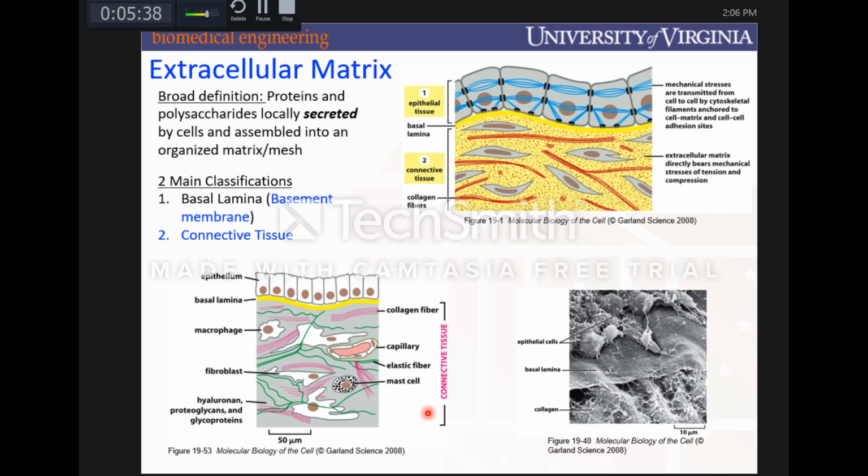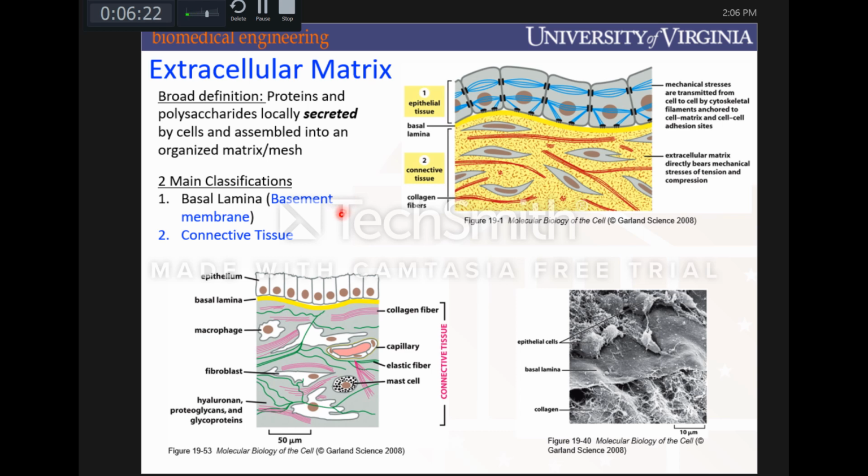So all that said, the biggest thing that really, really matters is the extracellular matrix when you're thinking about biomaterials. So it's a very broad definition. Proteins and polysaccharides, so sugars, polymer sugars, that are locally secreted by cells and assembled into an organized matrix or mesh. So there are tons. This is going to be, like most of these lectures, very superficial. Most of the figures are from, I'm sure Tom's already talked about this, Albert's cell biology textbook. It's kind of the Bible for cell biologists, even into the graduate level, and I love it dearly. So if anything really tickles your fancy, you can come talk to me or send emails, or just pick up